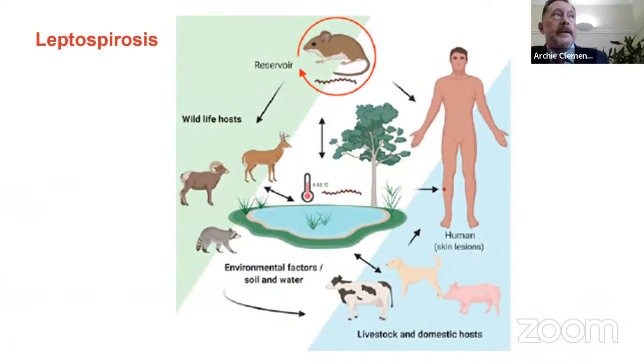Some of those interactions can be very complex. Here I'm showing a life cycle for leptospirosis, which is a very complex bacterial disease that has a multitude of different kinds of reservoir hosts. There can be sylvatic cycles with rodents and wildlife, and more domestic cycles with livestock or companion animals. The leptospires are excreted in the urine of these animals and can end up in the soil or the water, and that can then end up infecting humans.